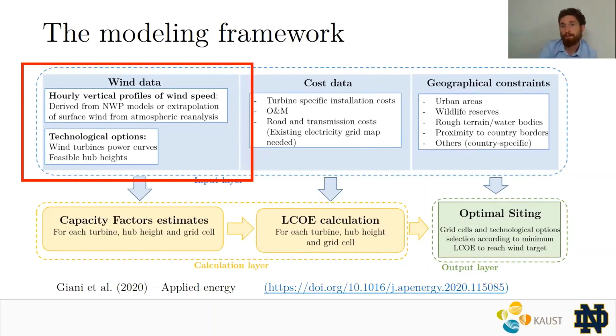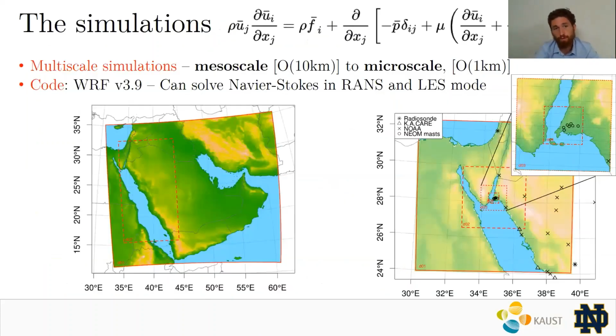So the first step, and that's the step in which we have the most tools as atmospheric scientists, is to provide the wind data. So we ran some simulations. We actually ran two different kinds of simulation, mesoscale, and that's what I'm going to mostly focus on here, and microscale simulations as well. And we used the code that is called WRF. Probably some of you have heard about WRF. It's basically solving Navier-Stokes equations, usually Reynolds-averaged Navier-Stokes equations. So you're providing a domain, and the domain that we're solving is the one here on the left. It's basically the whole Arabian Peninsula.